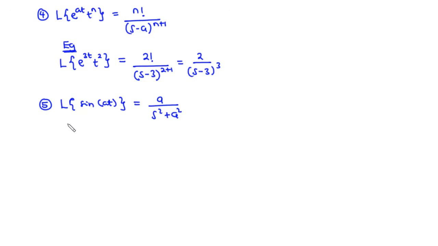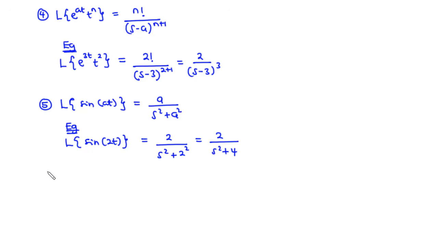Now we are going to take an example. So we want to find the Laplace transform of the function sine 2t, and this is equal to, now the value of a here is 2, so we have 2 divided by s square plus a is 2, so 2 square,